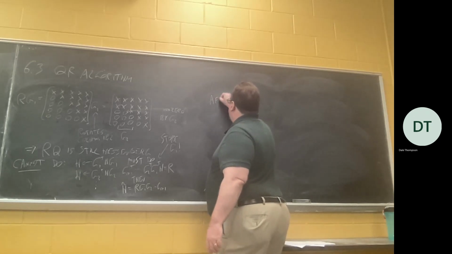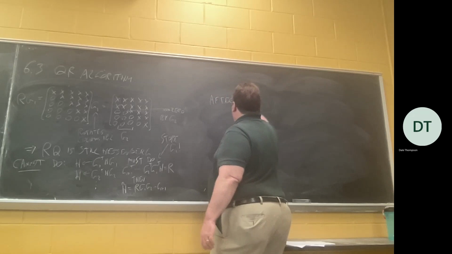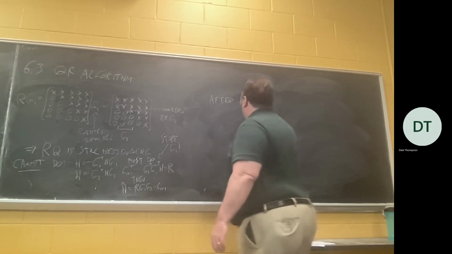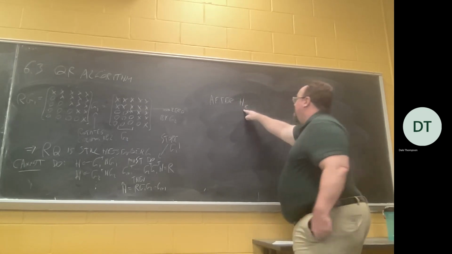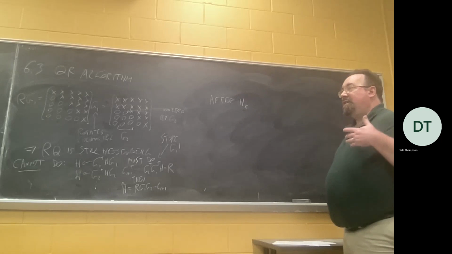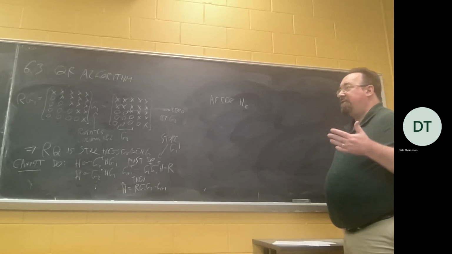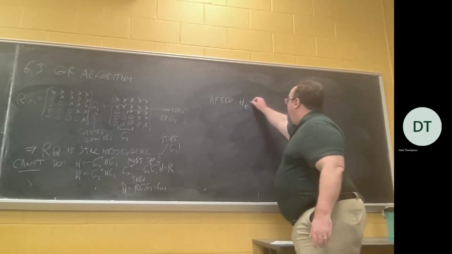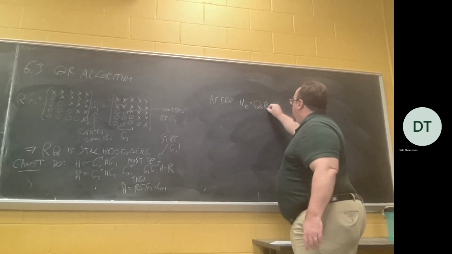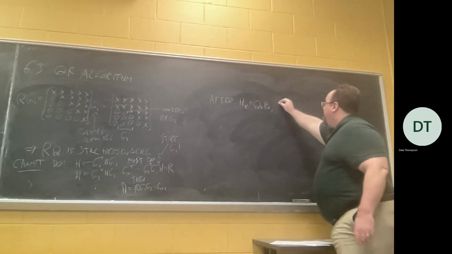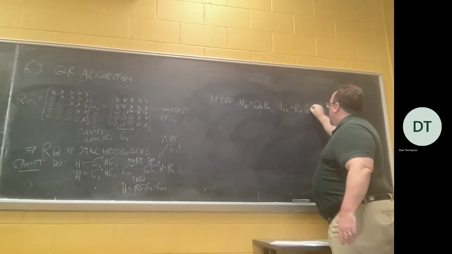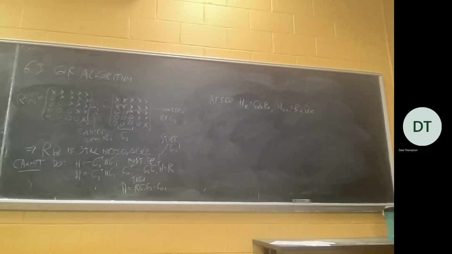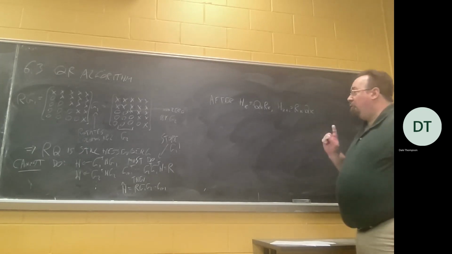Now, suppose you've done the following during a certain iteration. Let H_k be my Hessenberg matrix after k iterations. And then I go ahead and QR factorize it using the process I just described. And then you compute the next Hessenberg matrix by multiplying factors in reverse order. So what if